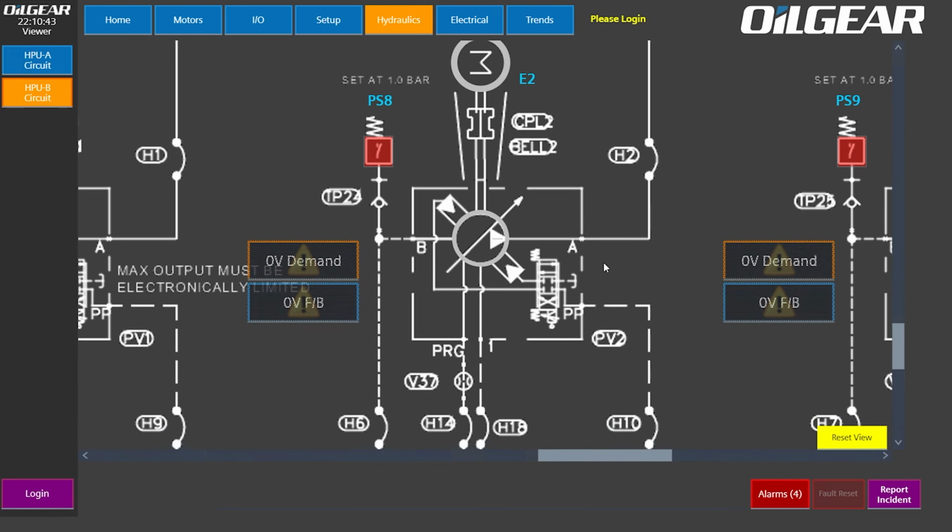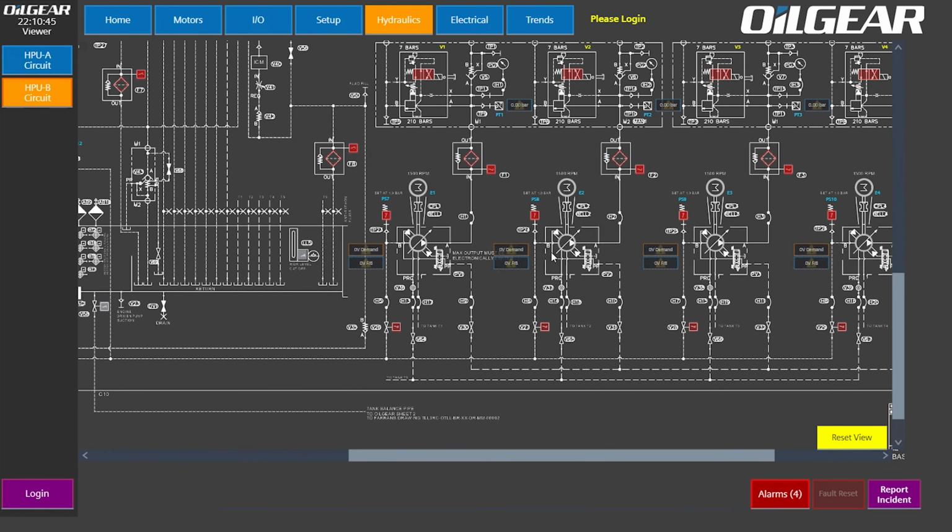Yeah, that's how the circuit looks normally. Now I'll show you my colleagues' mimic screens, two of them, and I can tell you now, where you could make this mimic screen in a week, their ones, you're talking about. So this is maybe half an hour to get the hydraulic circuit on the HMI, and then I mean, really,